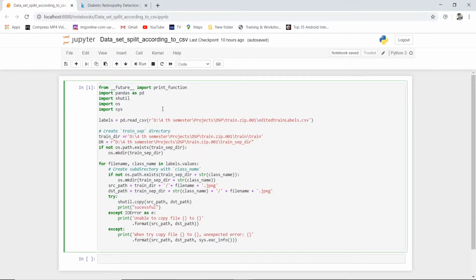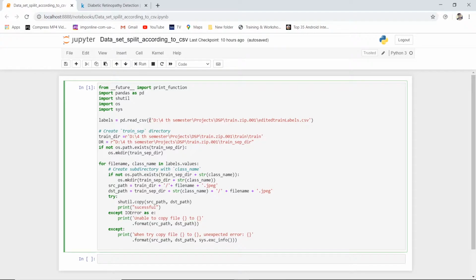Please include this R before the opening single or double quote, because this makes the string raw. Else the slashes are treated as special characters, and your path is not exactly located by read CSV.